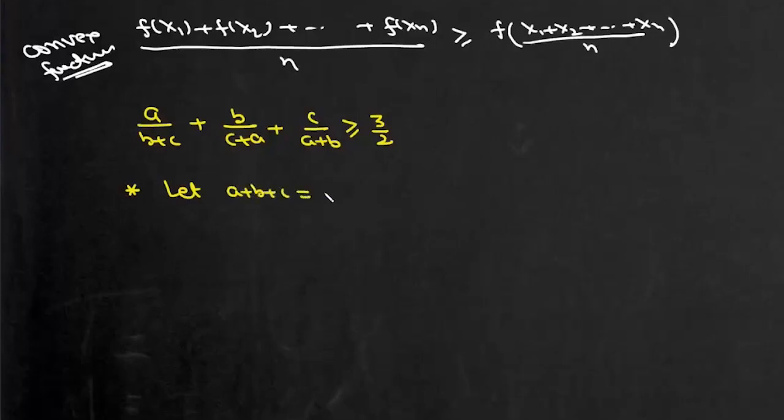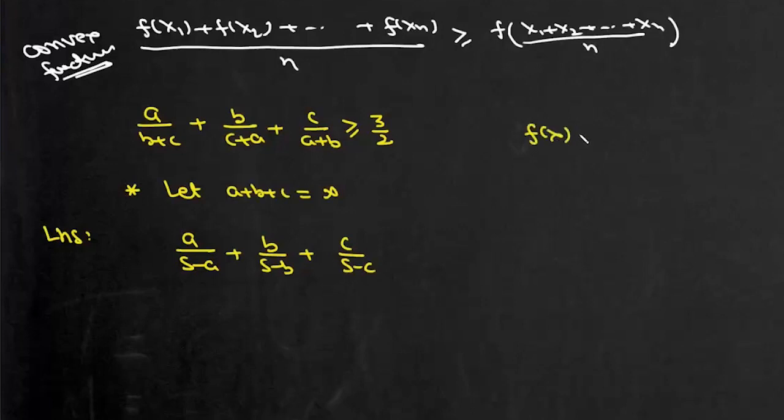a प्लस b प्लस सी उसका वैल्यू है सपोज s। तो ये इनइक्वालिटी के लेफ्ट हैंड साइड को हम लिख सकते हैं a अपॉन s माइनस ए प्लस b अपॉन s माइनस बी प्लस c अपॉन s माइनस सी। अगर हम ये फंक्शन कंसिडर करते हैं f(x) जो कि है x अपॉन s माइनस x, तो हम प्रूव करेंगे कि ये जो फंक्शन है ये फंक्शन कॉन्वेक्स है 0 से लेके s के बीच में। अब क्योंकि s का वैल्यू a प्लस बी प्लस सी है और a b c तीनों पॉजिटिव हैं, तो हमारे सारे नंबर्स a b और c वो तीनों इस इंटरवल के अंदर आएंगे।